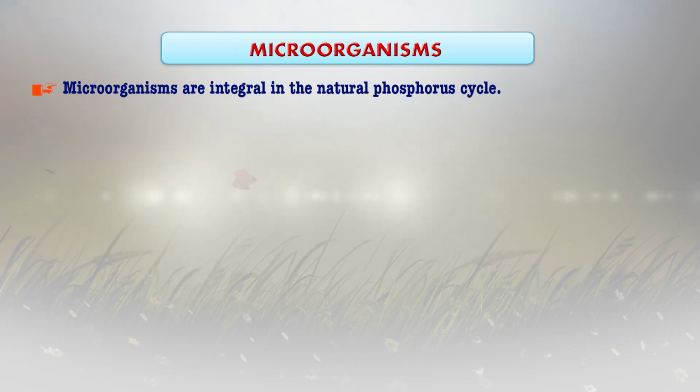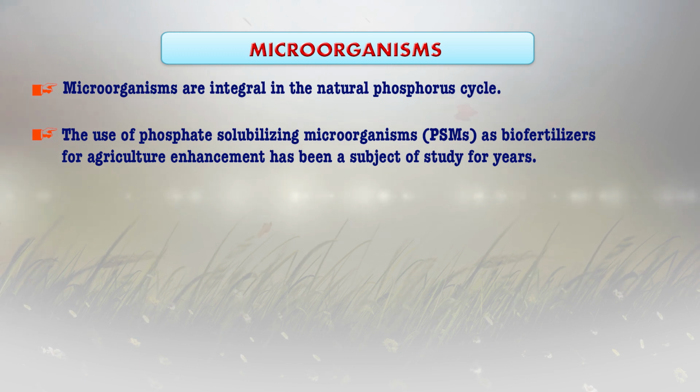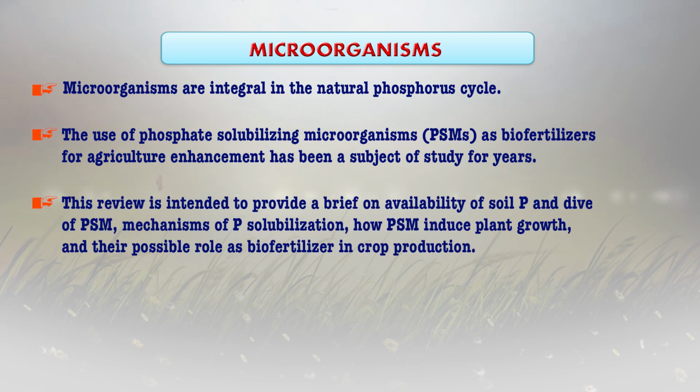And microorganisms are also an integral part of the natural phosphorus cycle. The use of phosphate solubilizing microorganisms, that is the PSM, which we can normally call a biofertilizer for the agricultural industry, enhances the crop yield. So this session intends to provide a brief on the availability of soil phosphorus as well as the diversity of the soluble phosphorus content, and the mechanism of phosphorus solubilization,